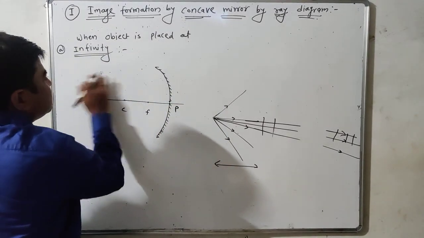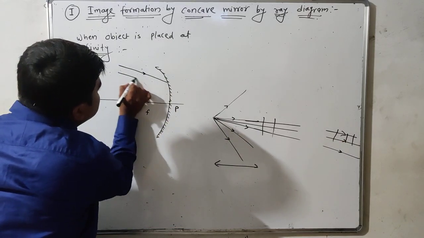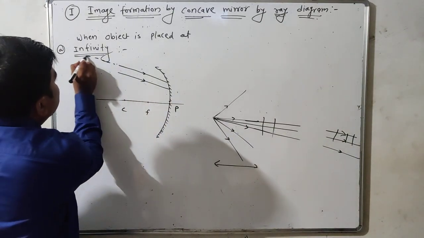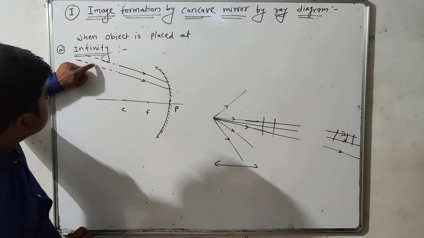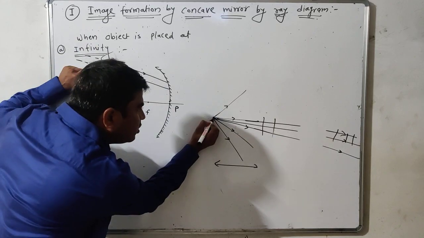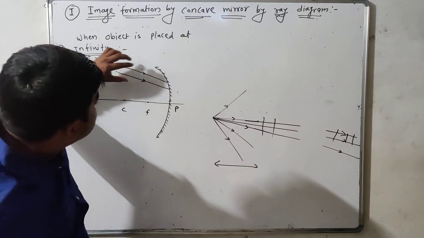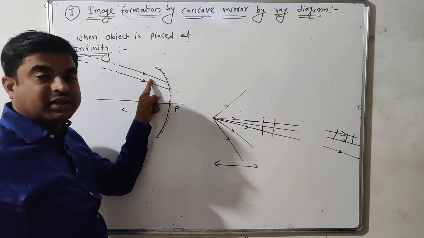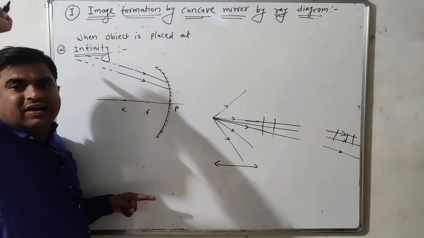Let us understand this again. If I tell you these two rays are emitted by the same point object, and these two rays are incident upon this mirror, that means the two rays emitted by a single point are found to be parallel. That means the location of the point which emits these rays is exactly at infinity.